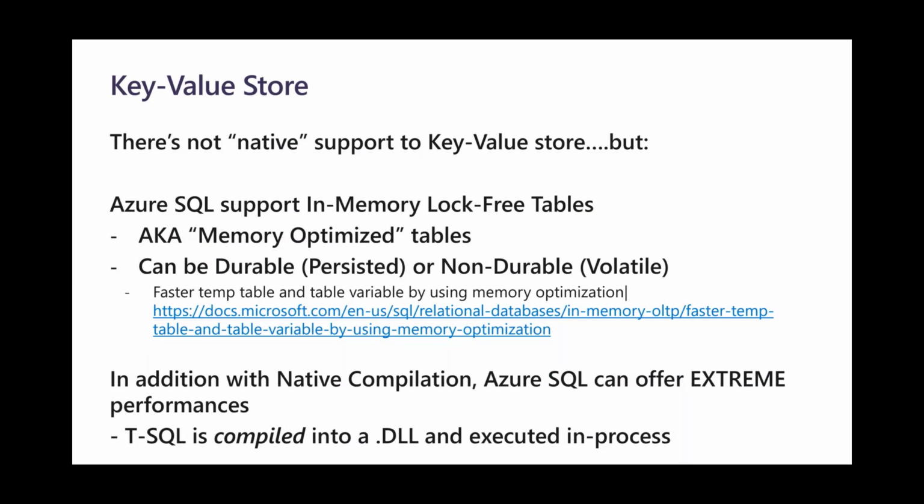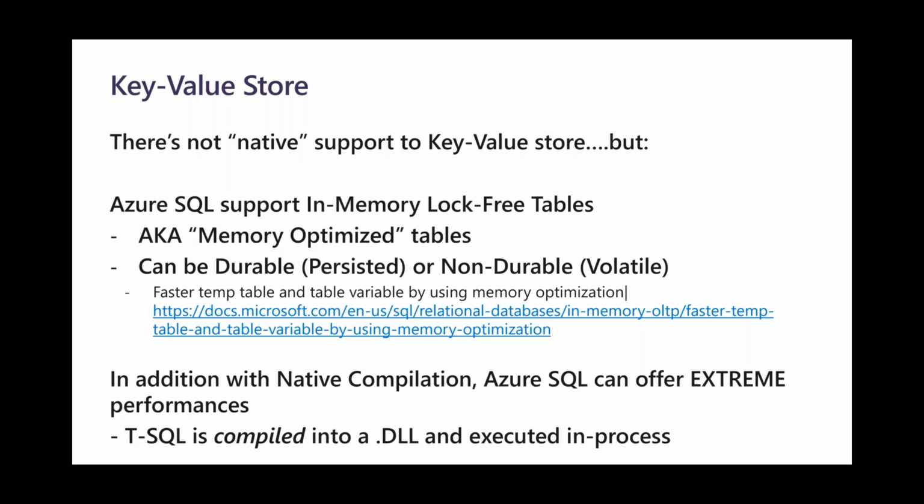Okay. Any questions so far on graph or JSON? JSON, graph. Okay, silence is no. So we're going to take the next step, which is key value store. So key value was probably the first NoSQL database that came up